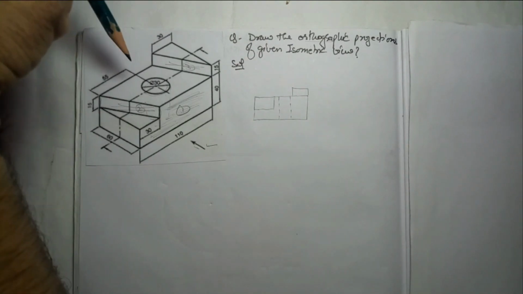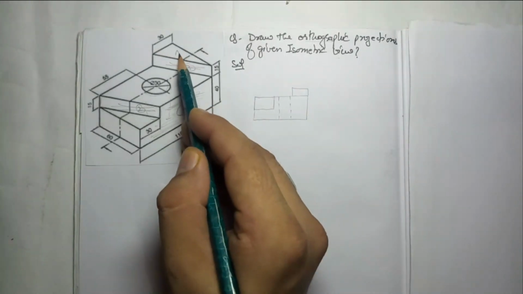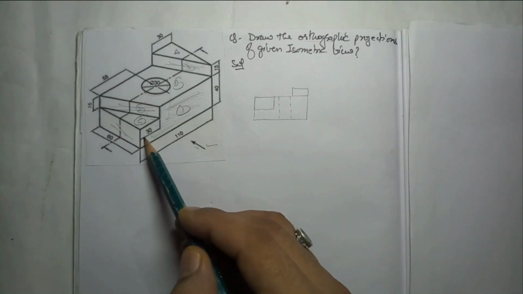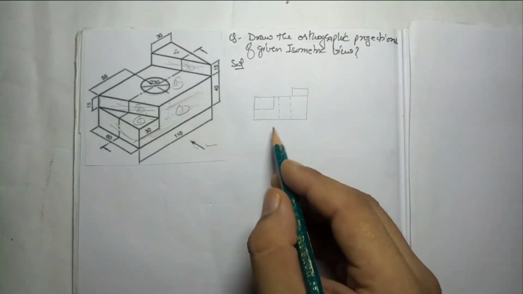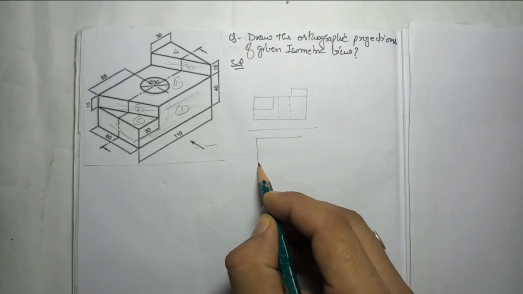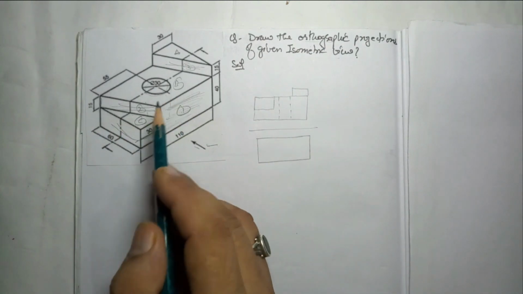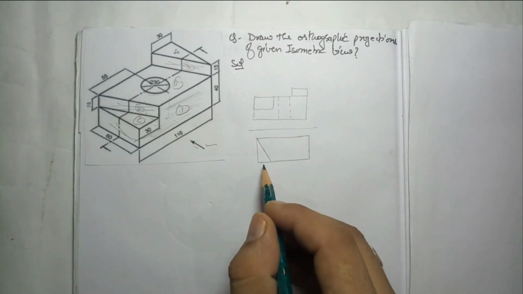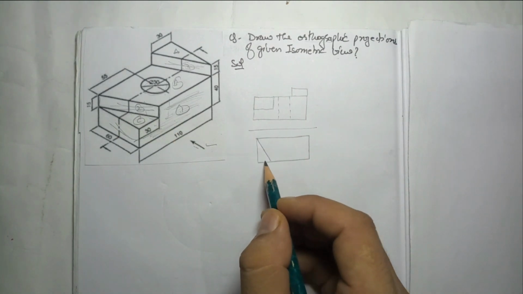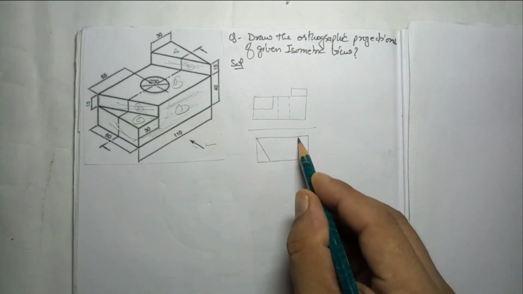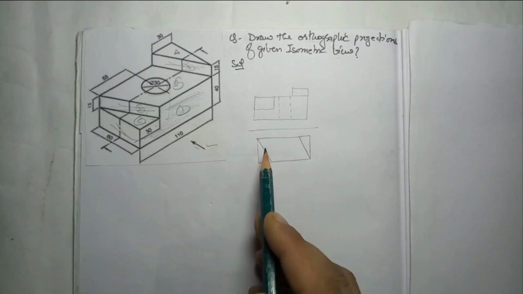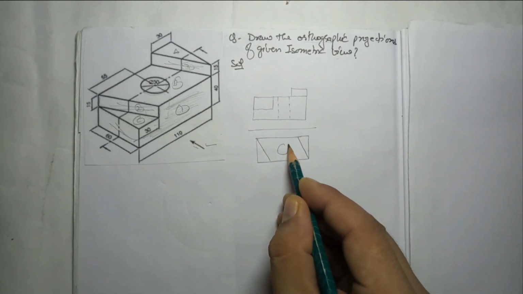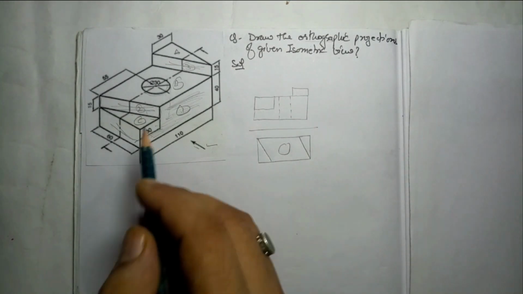When you see from the top, from this side, you will see this surface A, you will see this surface B and this C. But if I say this and this are perpendicular, and the same here, perpendicular, it means first I can say the outer part is a rectangle. Inside the rectangle there will be one corner, going from this corner to here. I'm not taking any dimension here, just an idea for the view. In the main diagram we will see how the dimensions come. So this is the view. Now here there will be one circle, as per the dimension wherever it comes, so this will be the top view, right?